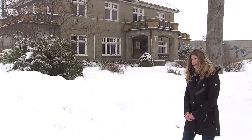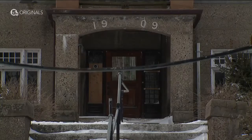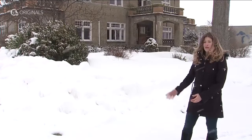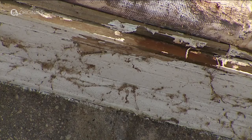I don't think it's that far gone. Julie Rohl is a trustee for that nonprofit group that tries to save buildings like the mansion. Sometimes they find funding that doesn't come from taxpayers. Well, we try to identify grant sources. A lot of the main problems that are coming up time and time again with this property is the mold and the asbestos. Their estimate for what it would take to restore the building is lower than the city's, and